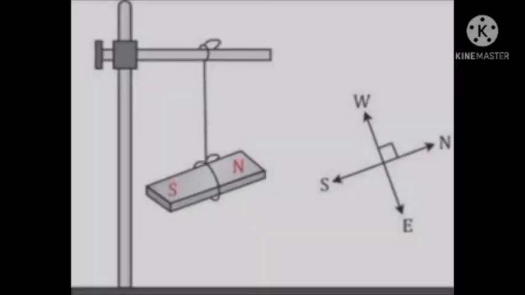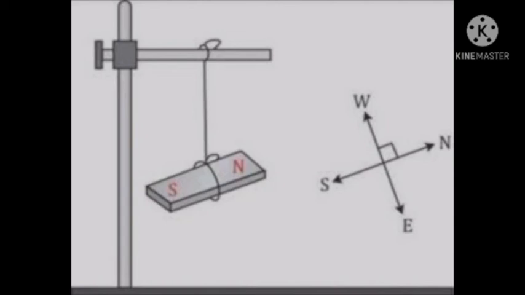Now, what are the characteristics of a magnet? First, you can determine the direction in the class or laboratory. Tie a thread to the center of a bar magnet and hang it from the stand as shown in this picture. Now note the direction in which the magnet settles, and turn it around again. Let it settle and note the direction. Do this many times. What will you observe? A magnet will always settle in the north and south direction only.